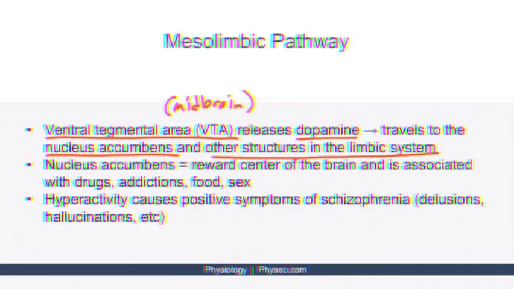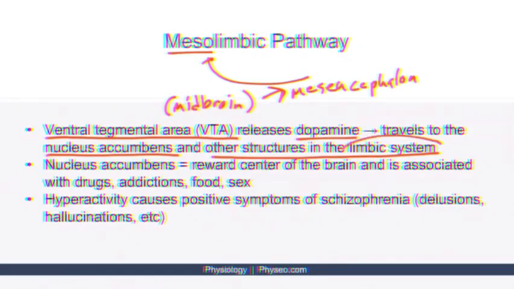So it can be easy to remember what the mesolimbic pathway is when we remember that the midbrain is also called the mesencephalon, as in meso in mesolimbic. And since we're dealing with the limbic system, we get the term limbic in mesolimbic pathway. Now the nucleus accumbens is the reward center of the brain, and it's associated with drugs, addictions, food, sex, and other things like that. When you have hyperactivity of the nucleus accumbens, you get the positive symptoms of schizophrenia, which